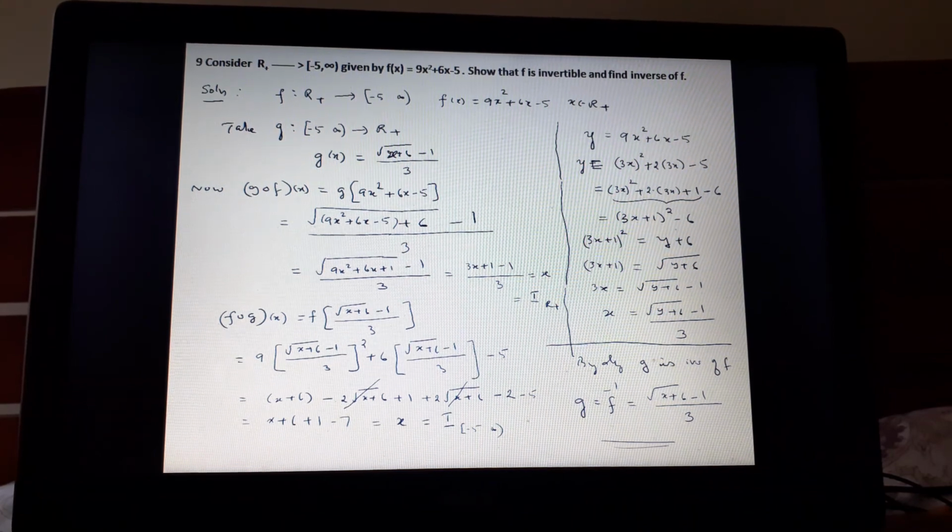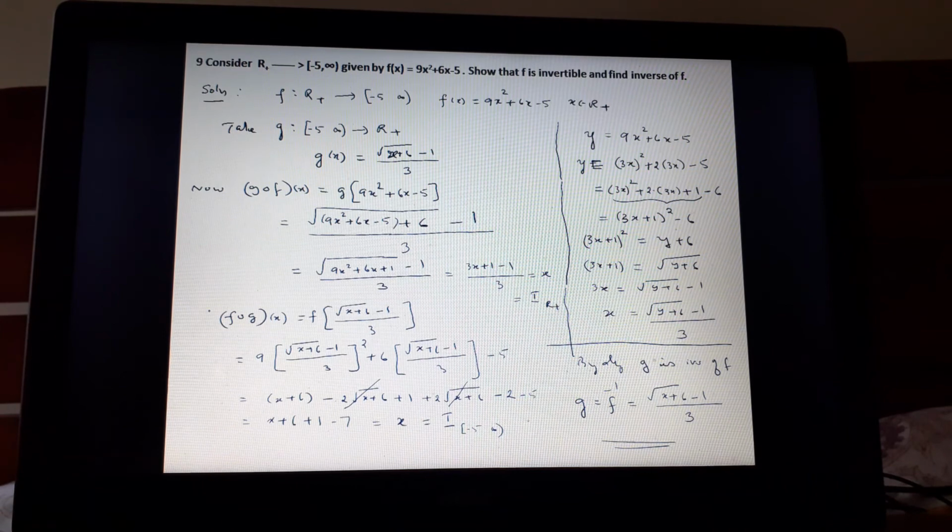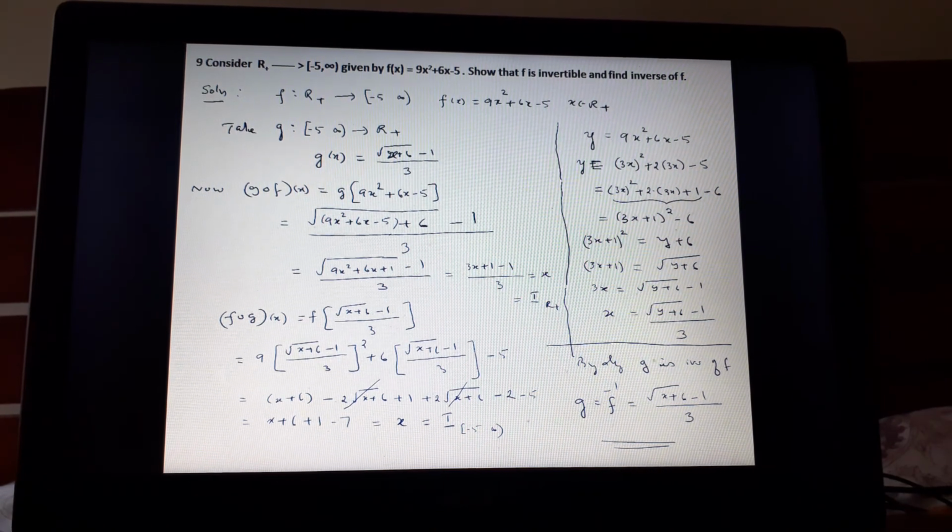So let me conclude again. What you have to do is, in the second method, the given function you write, finding the inverse, this is the method. Take that as y and express x in terms of y. Then show that g of f of x is I and f of g of x is I. Whenever this domain and codomain are different, here I, you have to write what is the domain. So that is better. So this is 9th question.